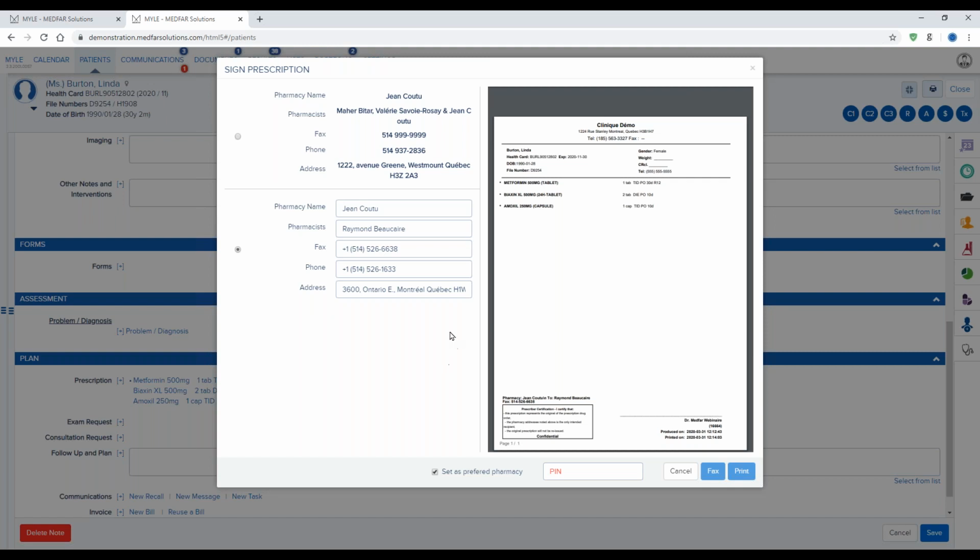So again, this is a button or a fax registry that we hold. I don't believe there exists one yet for the entire province of Quebec. So we hold this registry. If you have any modifications to notify us, or you want to tell us that there's a new pharmacy on the next corner of your clinic or anything like that, make sure you write to us at support@medfarsolutions.com, and you can notify us of any changes that require this registry, and we'll make sure to correct it